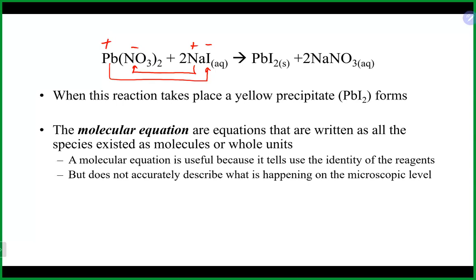So what we see up here is what is referred to as the molecular equation, and that is the equation written with everything in its correct formula. We also see their states. We can also write what is really happening in this reaction when we mix these two solutions together. So this one here is aqueous. And when we put these two solutions into this beaker, or whatever we're going to mix it in,